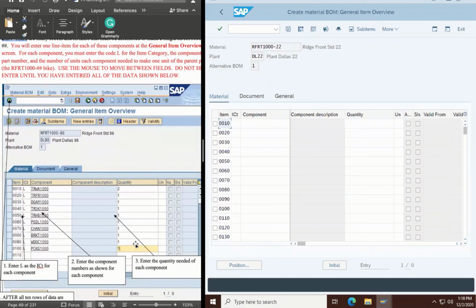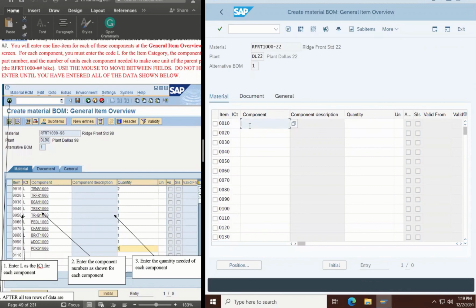So we may have a high level of components that will go into this final product, RFRT 1000-22, that has to be displayed here in this BOM first. And we see item number is already there, and we have so many items. You can think about it: a car can have hundreds, thousands of parts, and a bike, although it's a simple product, has many components to put on. So the first thing that we have to do is